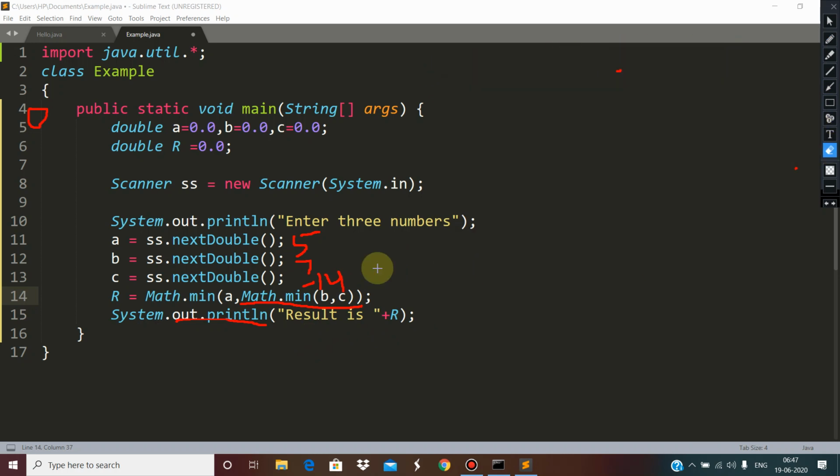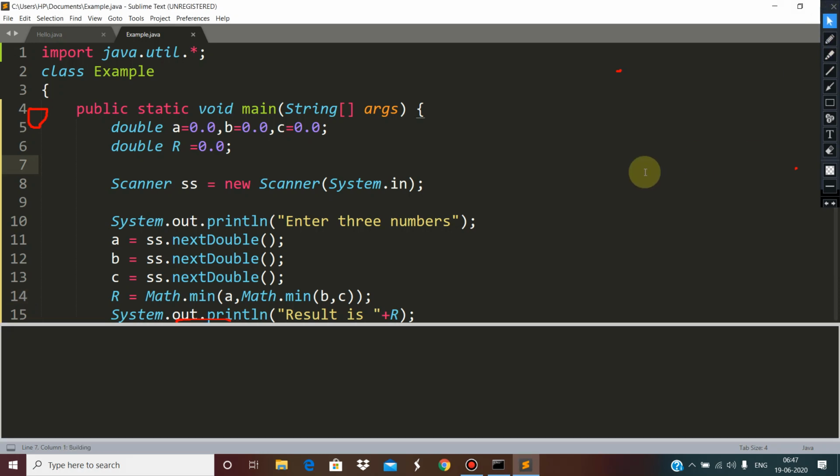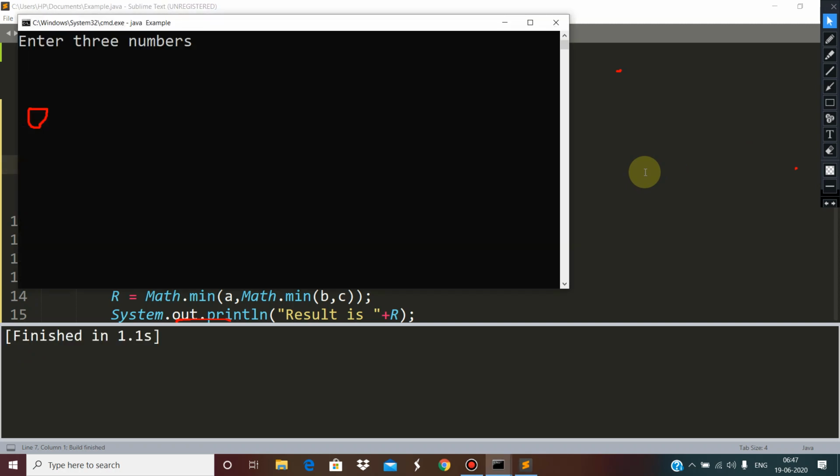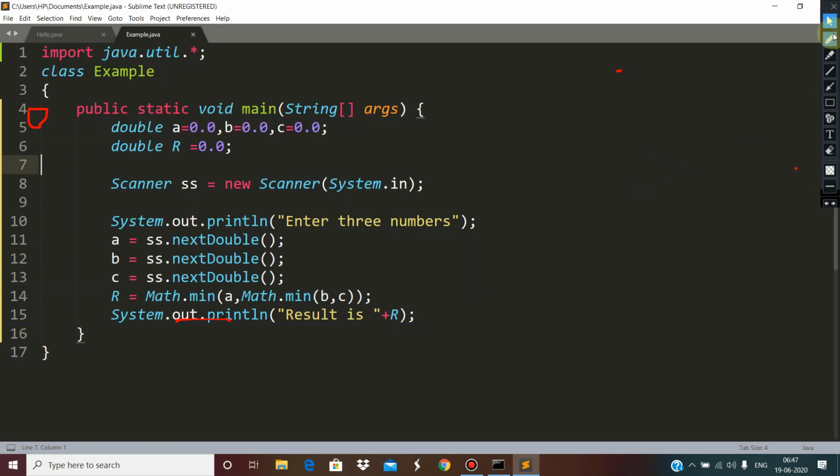We will see that. We are going to input these three values and then see what is the output in this case. Children, first 5, then 7, and then minus 14. The result is minus 14. So it is returning the smallest among the three.